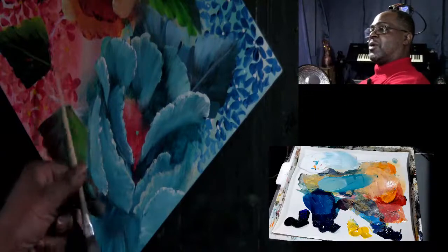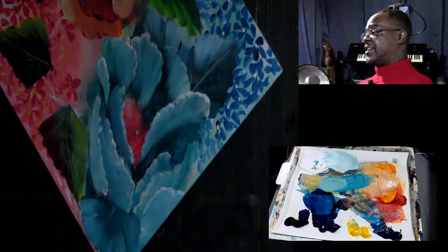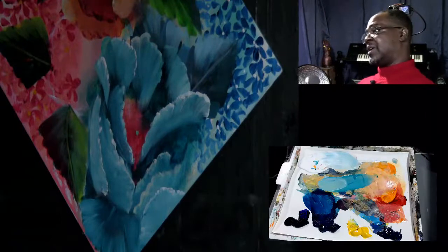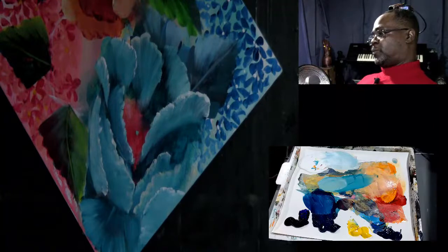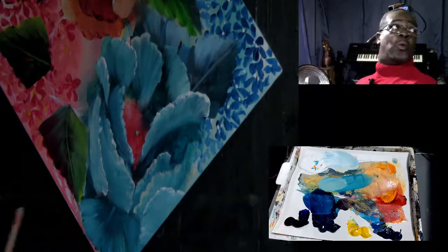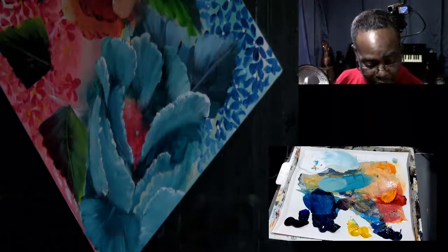Now remember, we got a flower back there. You guys didn't forget that, did you? I hope not. Yeah, we got a flower back there. Okay. So we have one that's kind of, well, let's pull back. Let's see. Well, hold on. Before we do that,